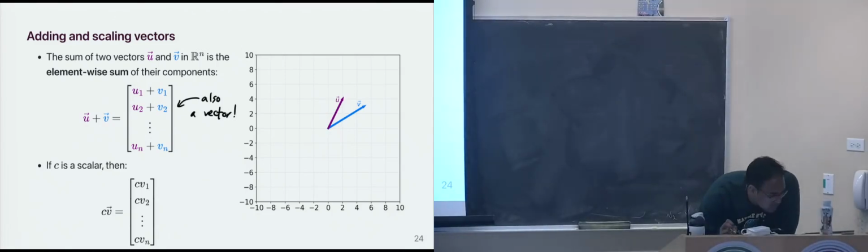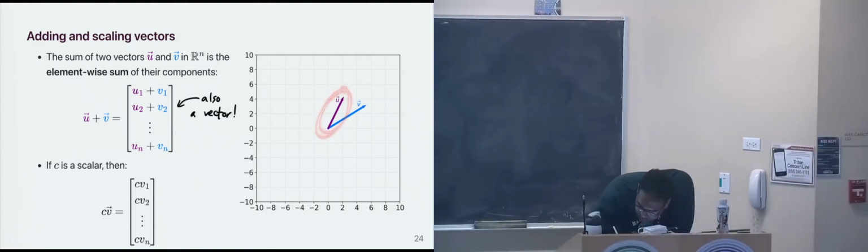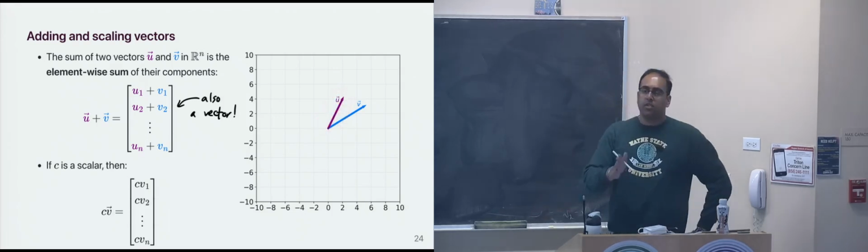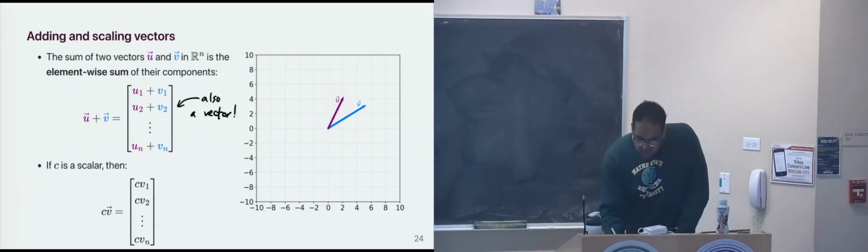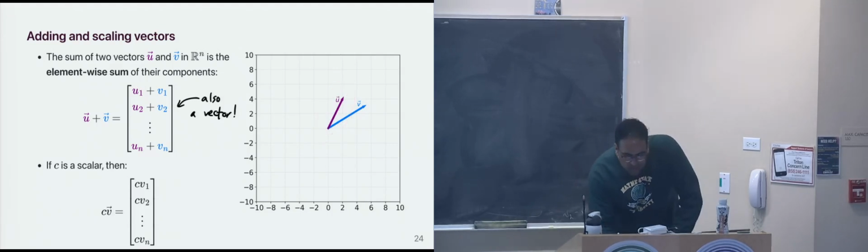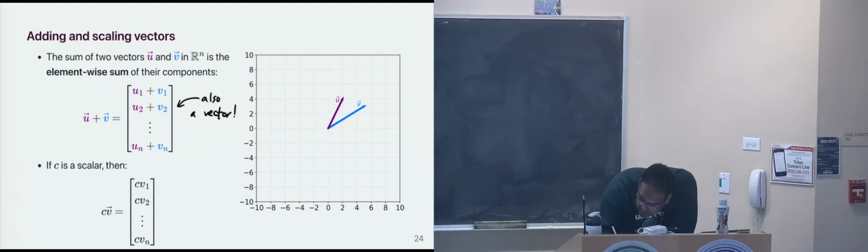So, visually, when we add two vectors, what we typically do is we say, well, I've thought of my vector as starting from 0, 0 and moving to this point, but vectors don't actually have a position, they just have a direction and magnitude. So, to add u and v here, I can imagine u as just starting here and going there. And to add u and v,